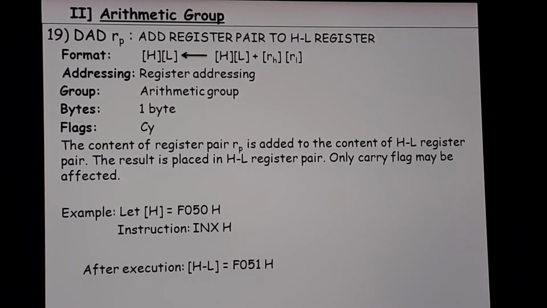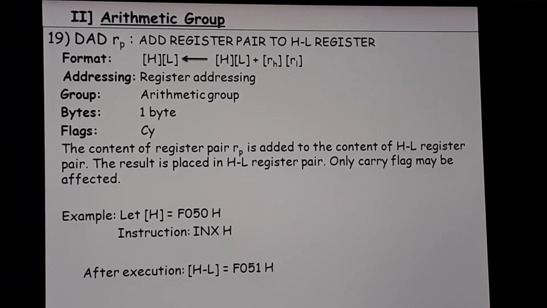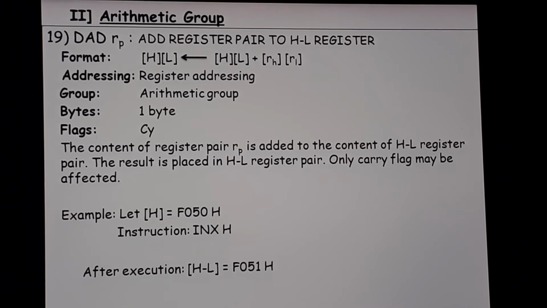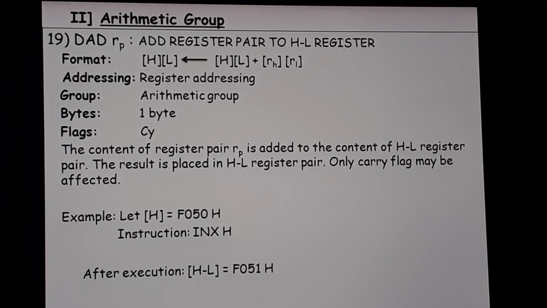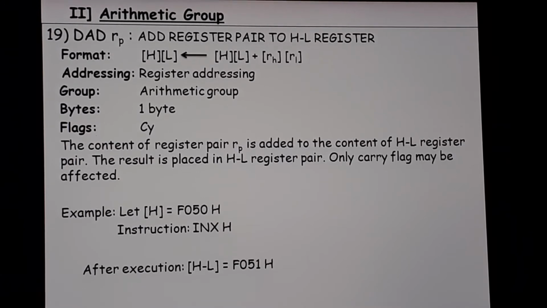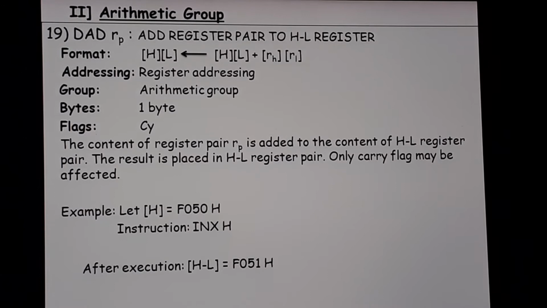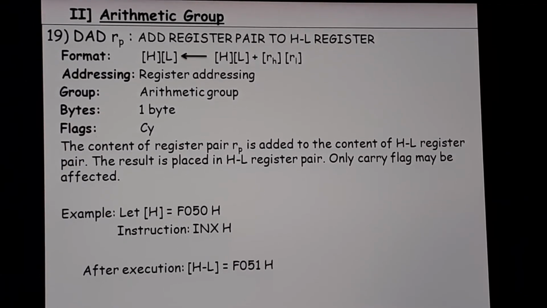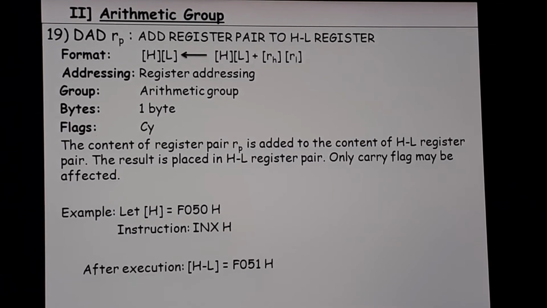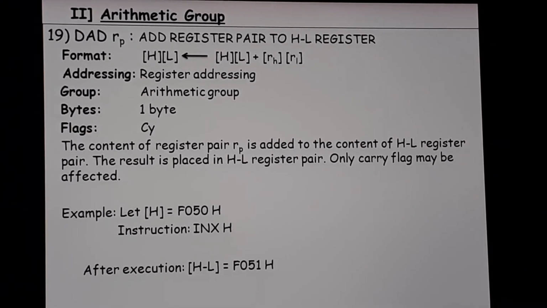Then the BC register pair as F095, which is equal to, suppose, 5H. Then both the addition you will show in the binary. Whatever addition result that you get, you will place it in the HL register pair. So you will write before execution whatever you had assumed for the HL register pair in 8-bit, and after executing that instruction, the HL register pair got changed to whatever answer that you get.